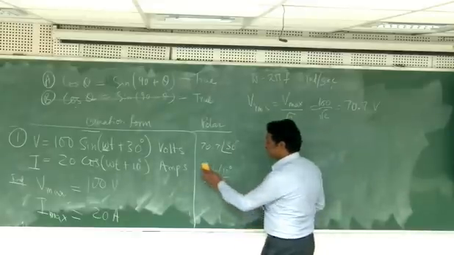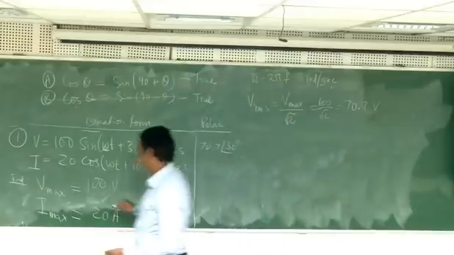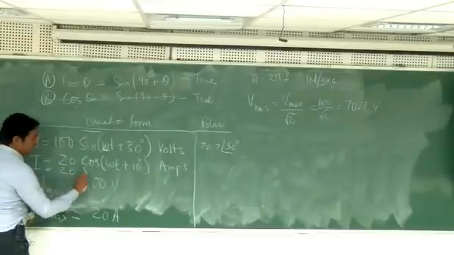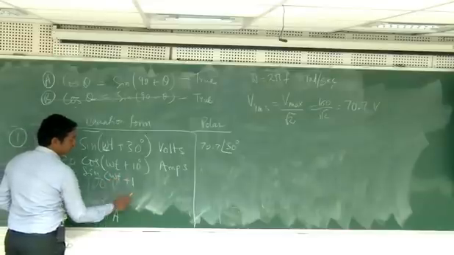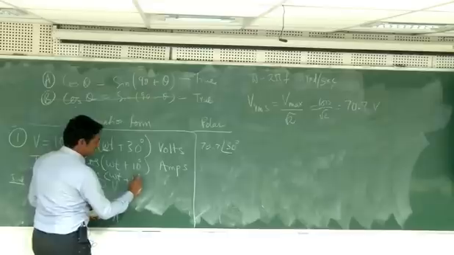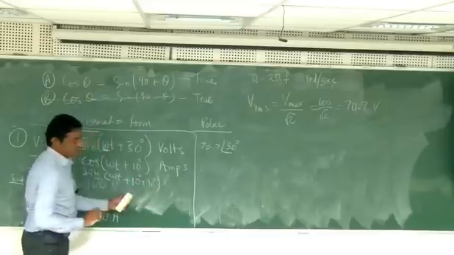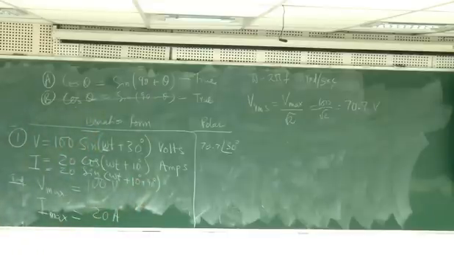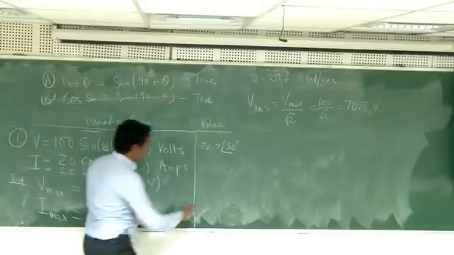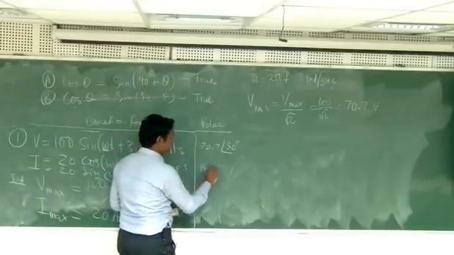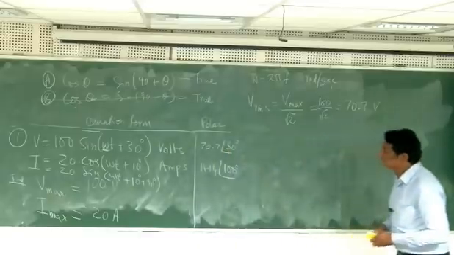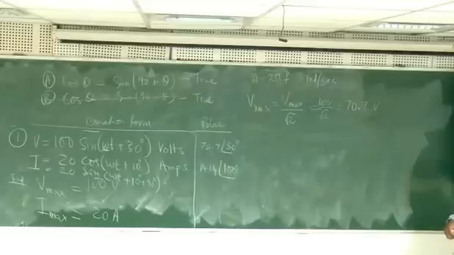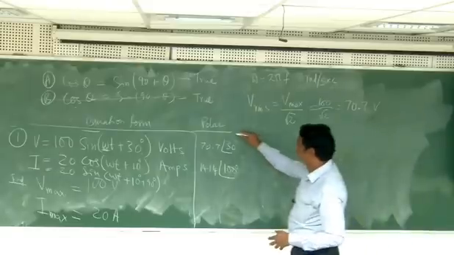So what I'll do right now is, I'll write it here, 20 sine omega t plus, see 90 plus 10, so 10 degrees plus 90 degrees, so it will be 100 degrees. Just increase by 90 degrees, and therefore here it will be 14.14 at 100 degrees. Why should we do like that? It has something to do with phasor representation.